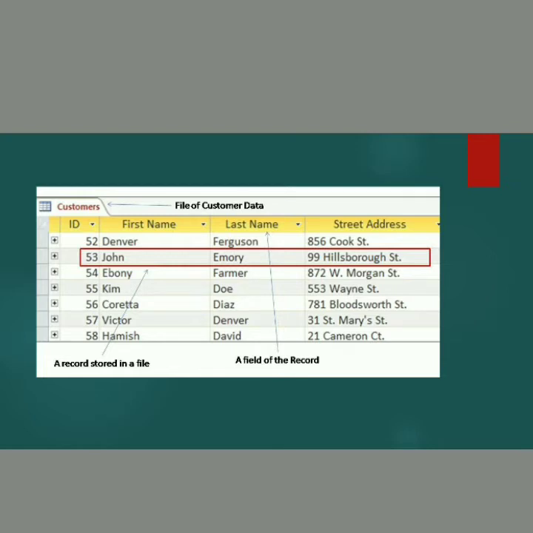A specific row is called data. So ID, first name, last name and street address are the fields of the record, and the records are stored in a file whose name is customer.